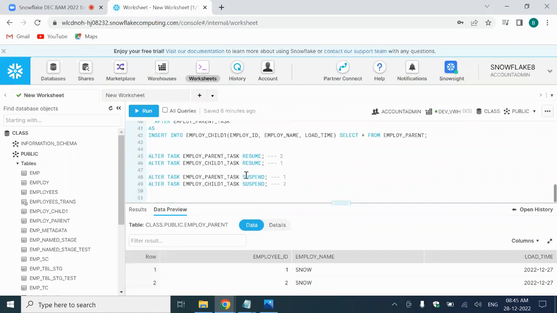And one more thing, when it comes to suspending tasks, again we need to follow the sequence. So which one do we have to suspend first here? Always we need to suspend the parent task first. We have to give the priority to the child. So now if I, sorry, if I try to